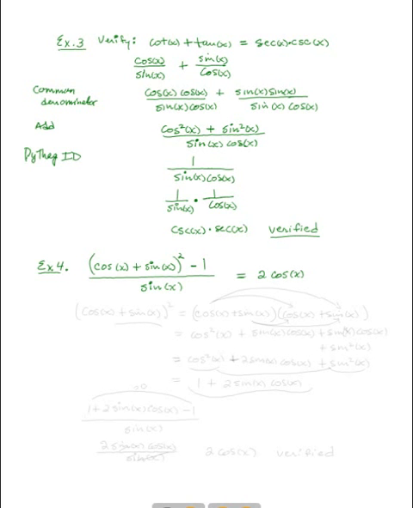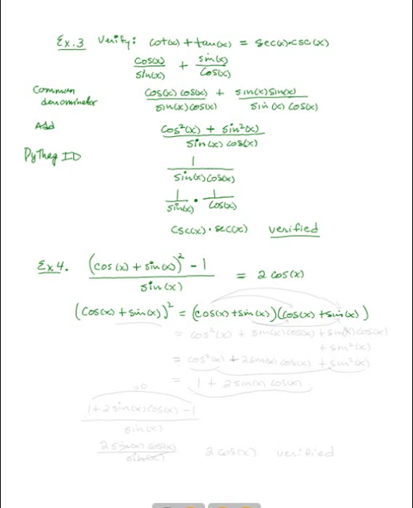But the cosine of x plus the sine of x, quantity squared. I'm just going to do this on a separate line so you can see it's fairly lengthy and I want you to see the details. That's cosine of x plus sine of x times cosine of x plus sine of x,